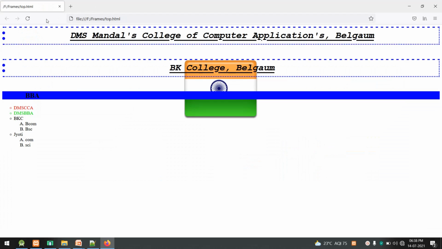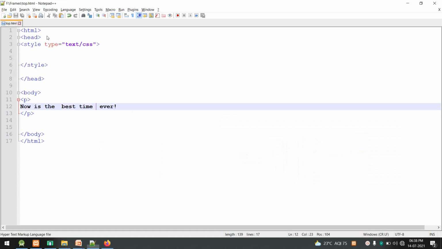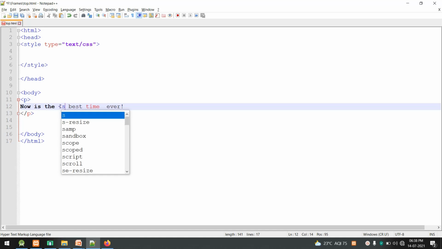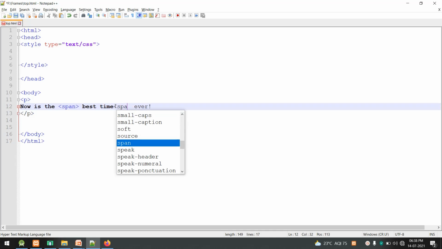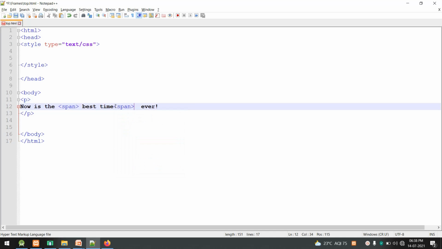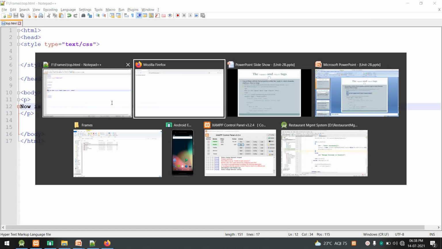Now if I execute this, you can see it displays "now is the best time ever". It has been included in a paragraph tag. And if I include a span tag in between the paragraph for "best time", save it and execute it, you can see there is no difference in the output, because span means leave it as it is.